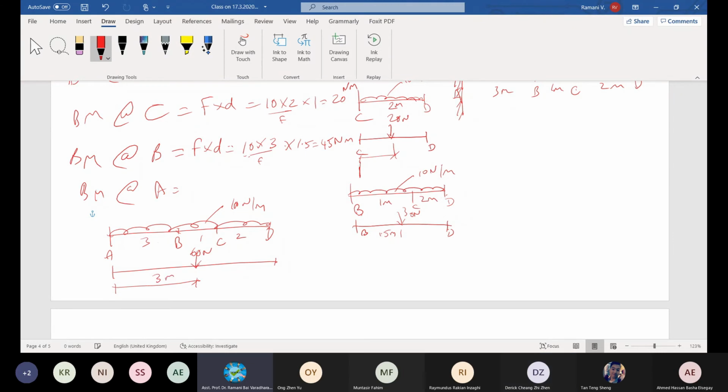3, miss. Correct. Let's find out F times D, which will be equal to your unit load and then the distance. This forms your force times 3. Come on, answer me. Newton meter. 180, miss. Louder, please. 180. All are getting the same answer. Okay, 180.